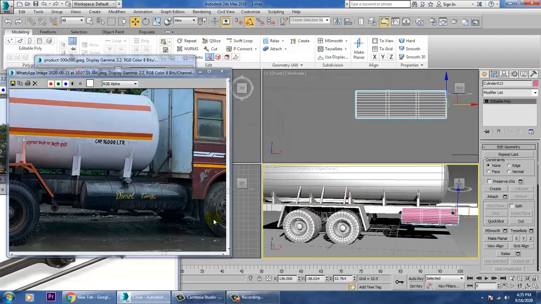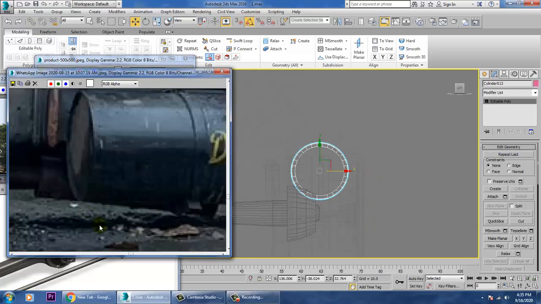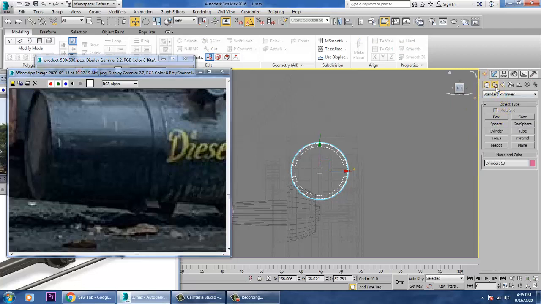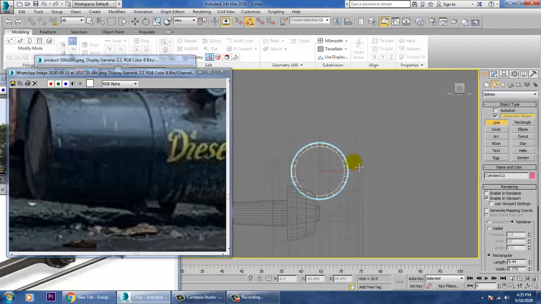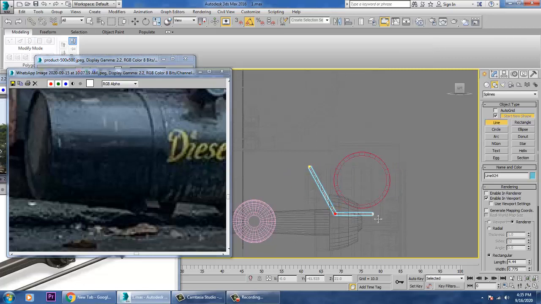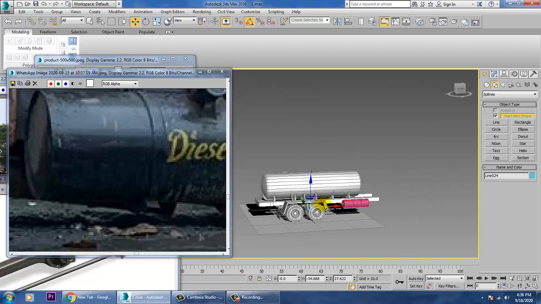So let's go into this view over here and for the clamps we can just take some kind of clamps, like take a line tool over here, take a line tool and just create such kind of clamps over here.